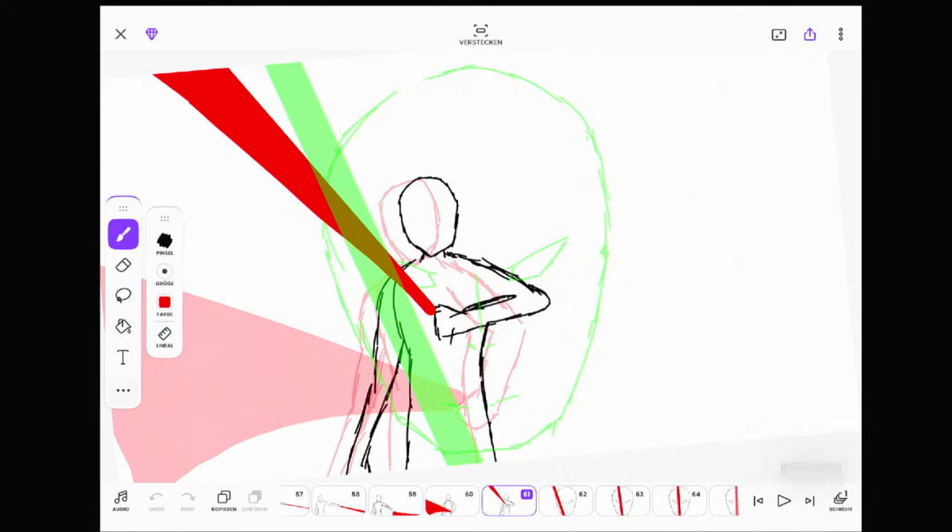Then I also need to change the positioning of the arm.